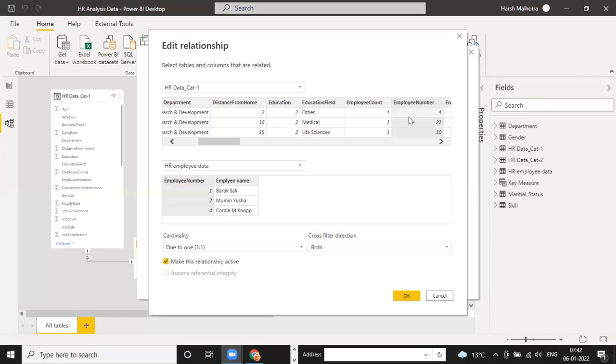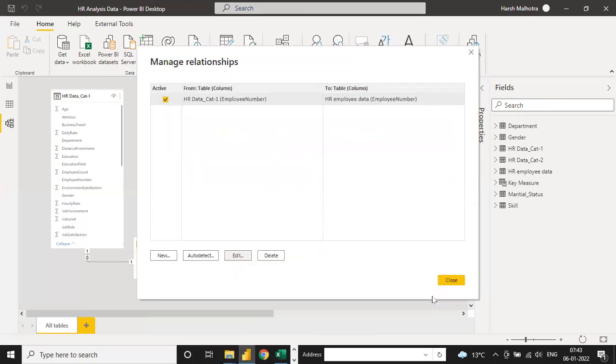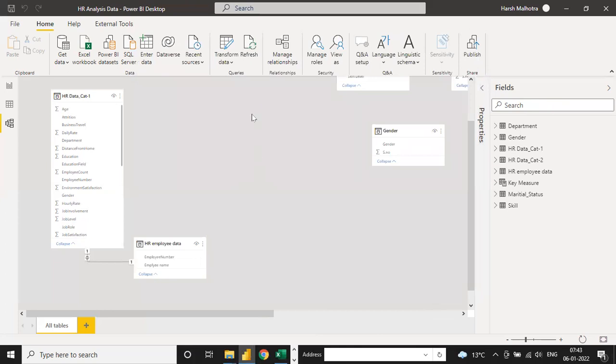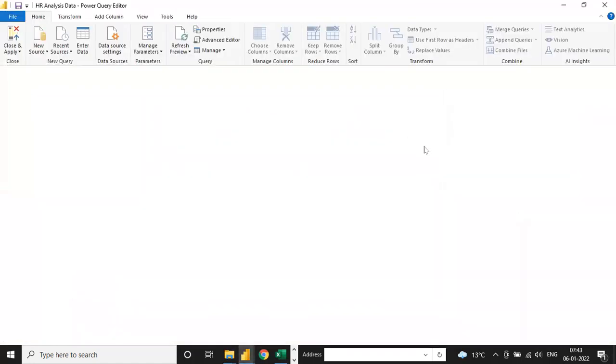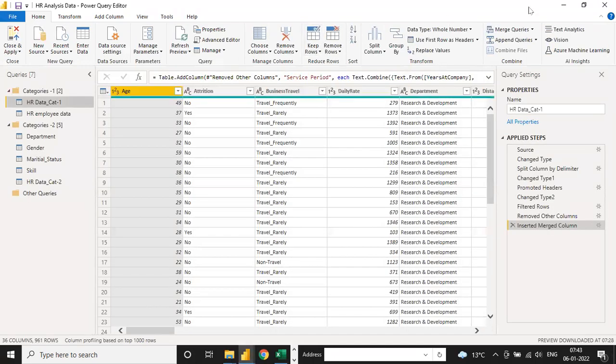Okay. So now what we do, instead of creating this relationship, I click on this cancel option, close. Okay. So instead of creating this relationship, I am going to go to the Transform tab again. In this Transform tab, under the Home tab, you have one option here.